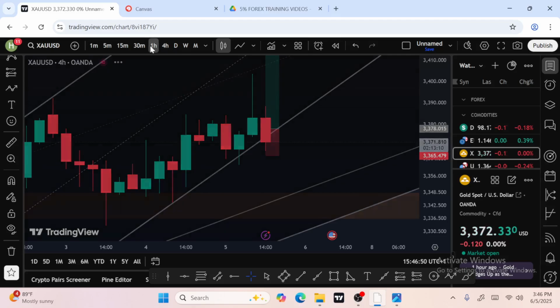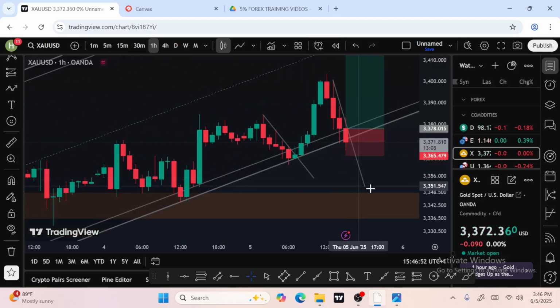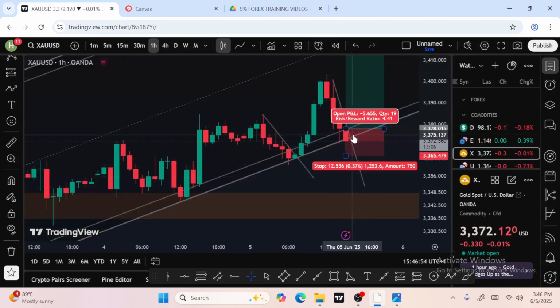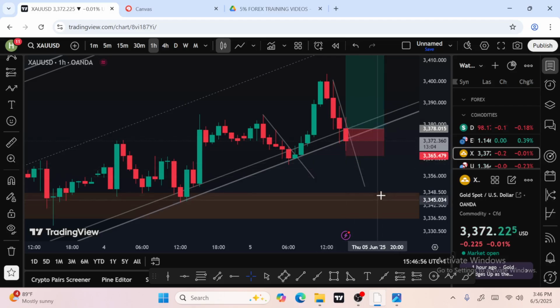Now come to 1 hour. Do you see 1 hour? It's below it, but it has not closed yet. So we are waiting patiently. So the breakout covers the 4 hour and 1 hour. That's why I said that the higher the time frame, the stronger the probability of your analysis. So if you see a breakout on 4 hour time frame that you are analyzing on, it's strong. Do you get it now?